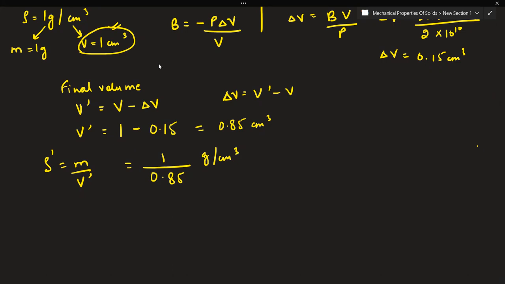Okay, fine, Umar. So this brings us to the end of this chapter, mechanical properties of solids. Just take a minute to go through your notes. If you have any doubts, you can ask, and we'll begin with the next chapter of this unit: fluids, mechanical properties of fluids. Just let me know when you're done, then we'll start with it.